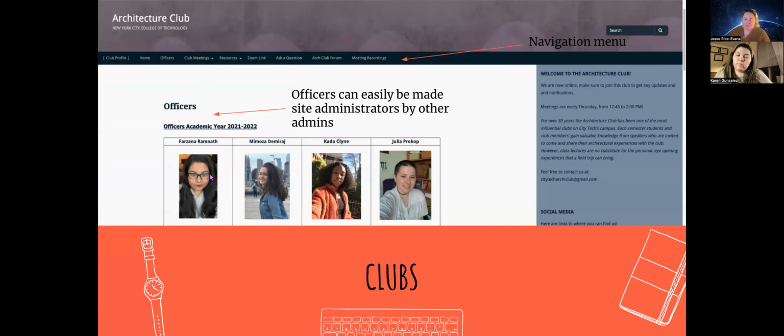Again, with a little photo, and on the site, when you scroll down, there are short bios about each of the officers. So there's a little more information about each of them. You can get to know them a little bit. And those people are all administrators of this site. So it's helpful to put a face to a name, and to be able to just build some